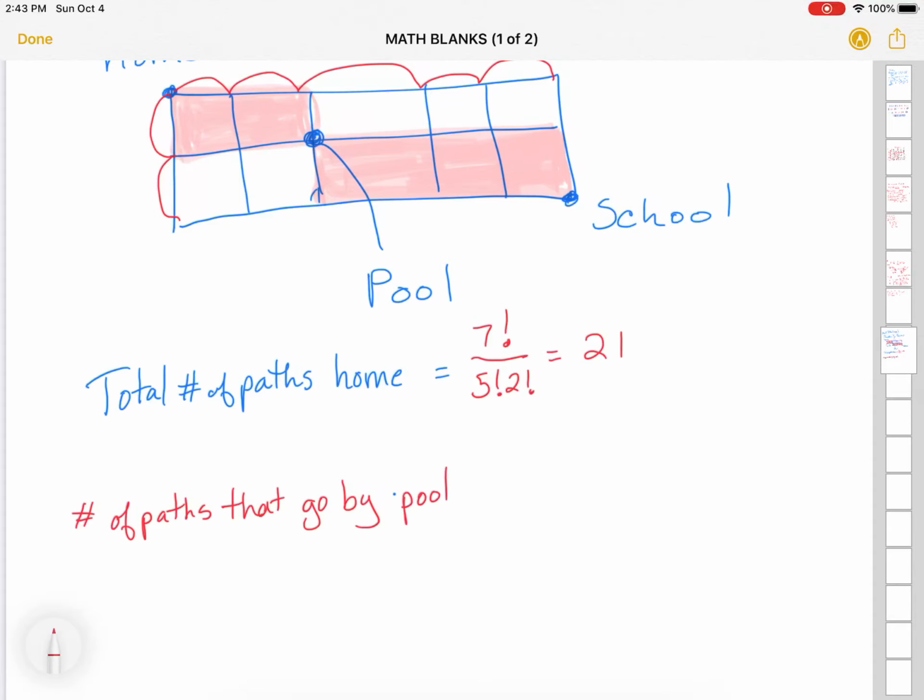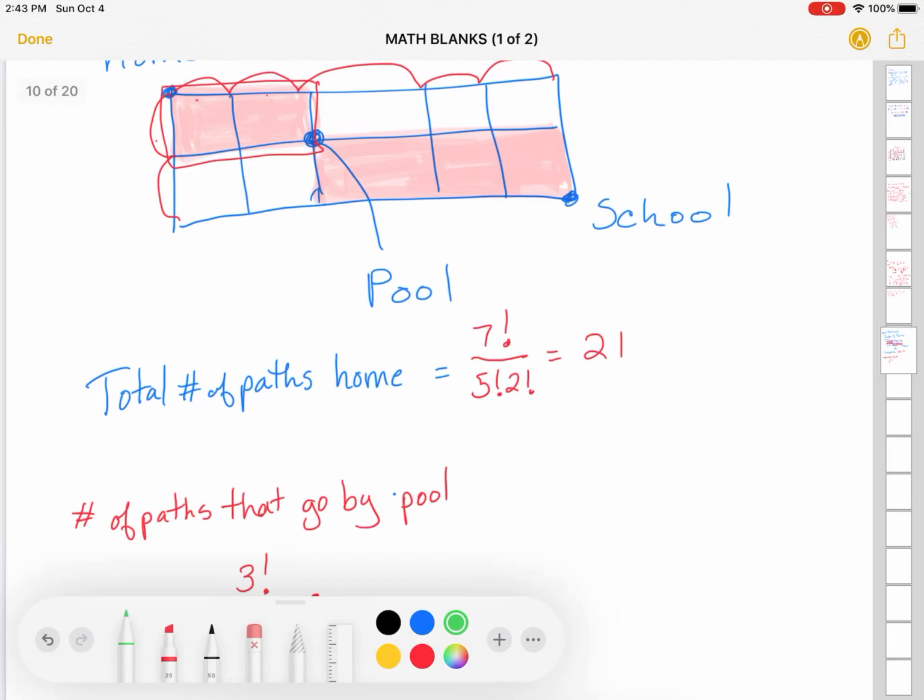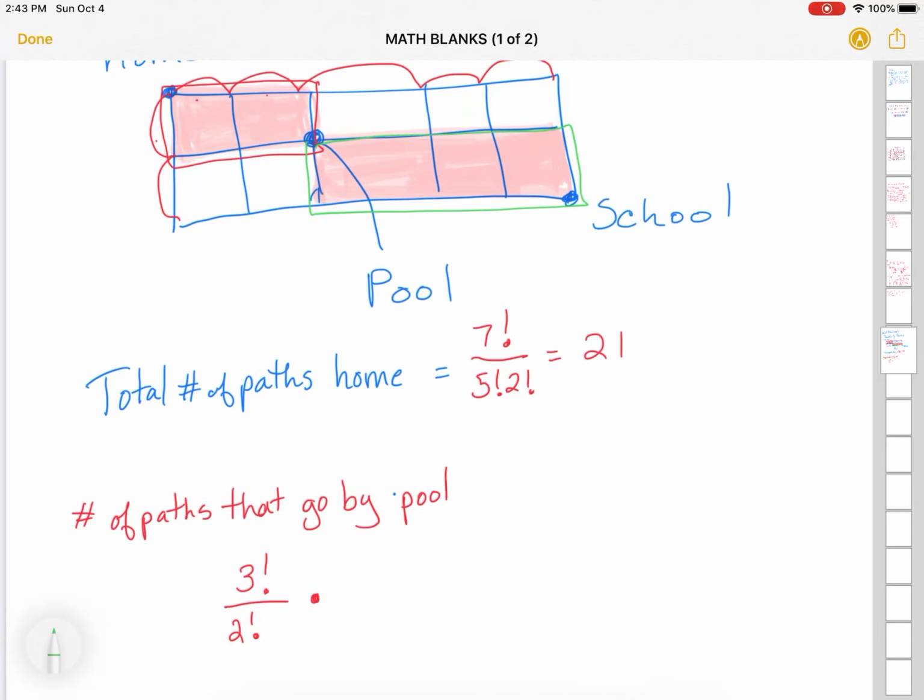Well, for the first section, up here at the top, we have 1, 2, 3 factorial, and we have to divide that by the identical objects, which is 2 factorial. And then for the bottom part, down here, we have 1, 2, 3, 4 factorial, and we have to divide it by the identical objects, which in this case is 3 factorial. So when we multiply those through, this will reduce to 3, and this will reduce to 4. You can do the math there to do those divisions, but that will get you 3 times 4, which is